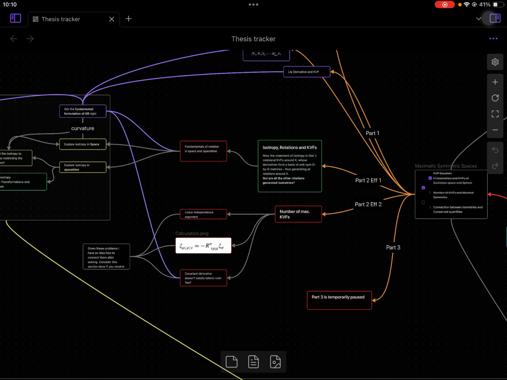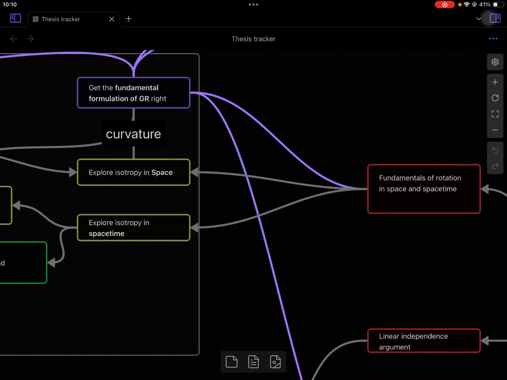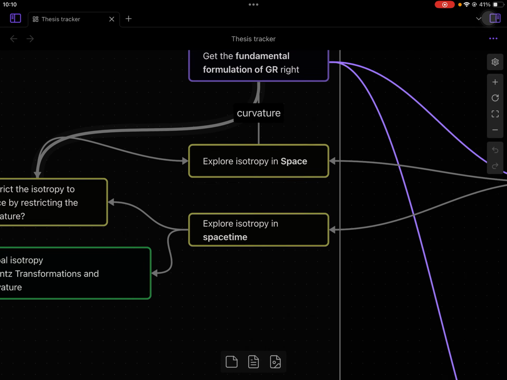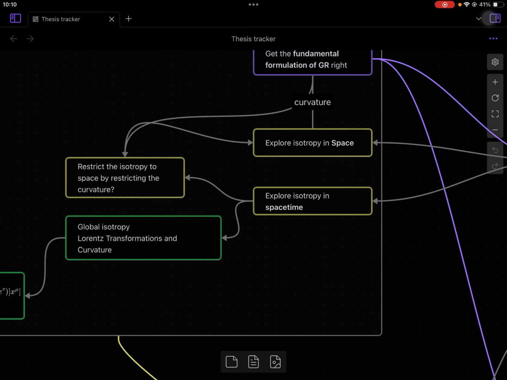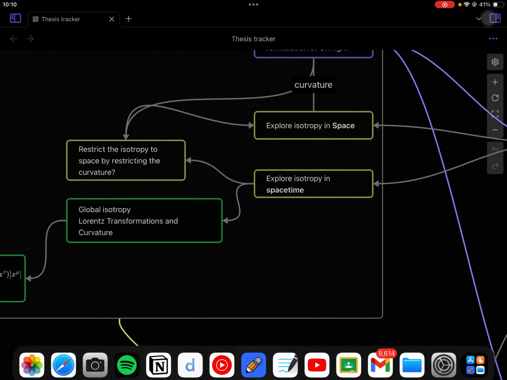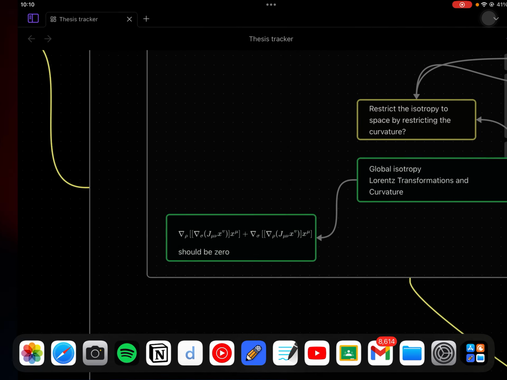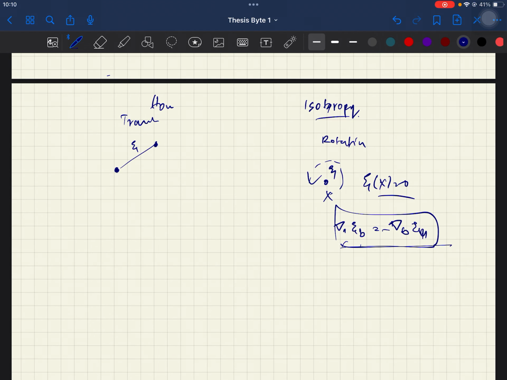That's what I mean here by exploring isotropy in space, and then explore isotropy in space-time, where there is a global isotropy, which means Lorentz transformations, and then there is the other thing, which is to restrict the isotropy to space by restricting the curvature. How the curvature enters here is that when you consider isotropy in space-time,